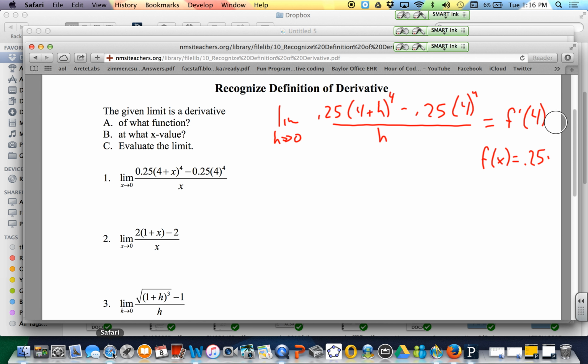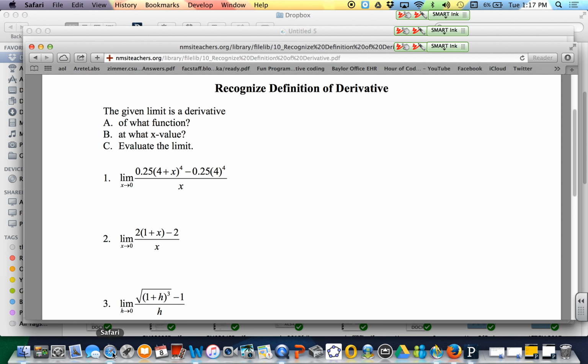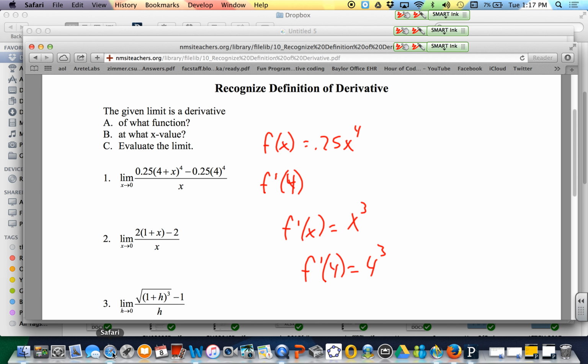So, with working the problem at hand here, I would say that my f of x here is 0.25 x to the 4th, and what they're asking is f prime of 4. Well, first thing, we need to find f prime of x, and we would just use our derivative rules, and that's going to be 4 times 1/4, so that's just 1 x to the 3rd. So this should give us f prime of 4, so that's just going to be 4 to the 3rd. And so here we would have 4 to the 3rd. If we take a look at the next question,